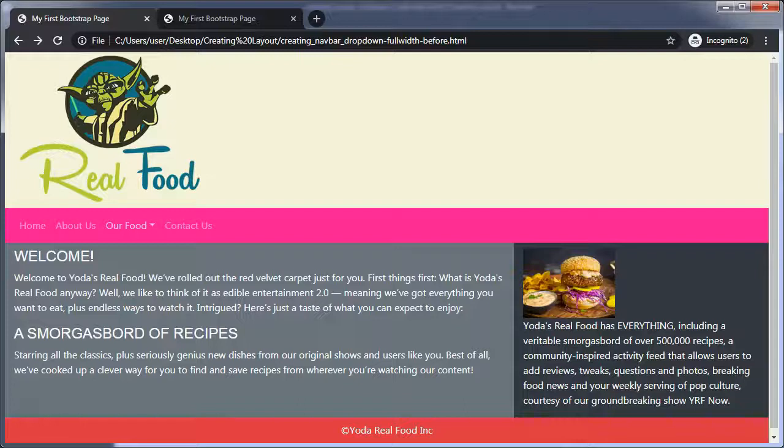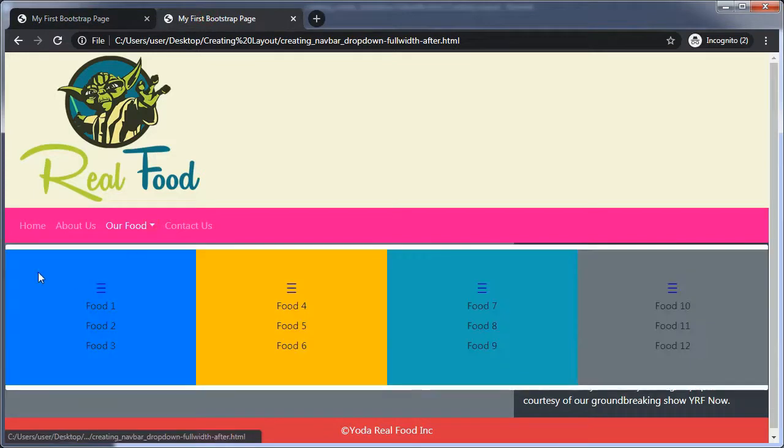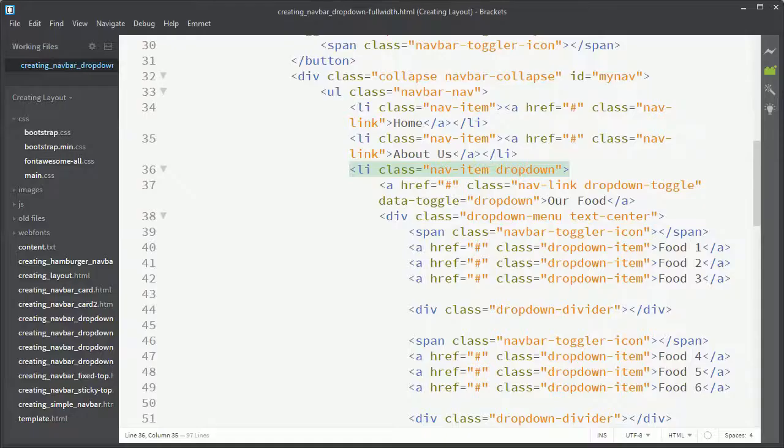Hi, today I'm going to show you how we are supposed to change this type of normal drop-down menu to this type of full screen drop-down menu. So let's go to the code view and look at the part of the code where we create the drop-down menu. So this is the page that I showed earlier on with the normal